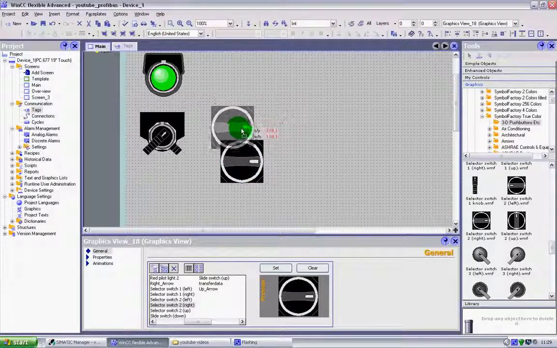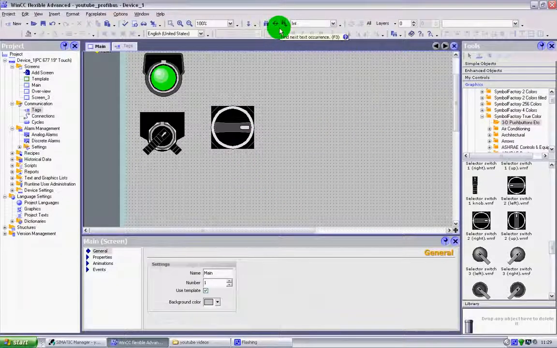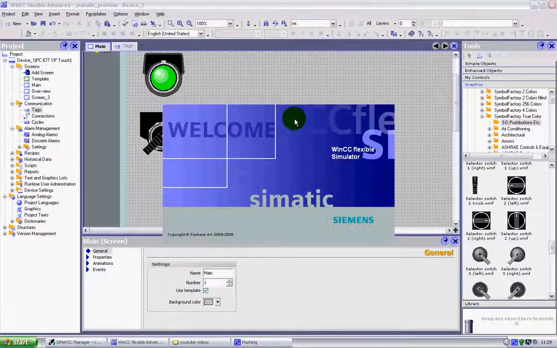Then place the switches as we did before over the top of each other. I'm going to move all 3 of them just here for now. Okay, now when we simulate it,